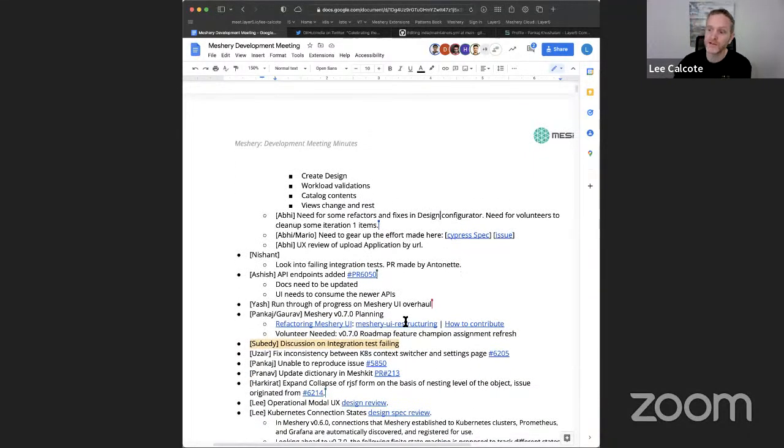Also, there's a bunch of UXers in the community. I don't know that there are any represented on the call here, but something we need to highlight and request volunteers for is that each of the Meshery UI pages could use a little bit of enhancement. What Avi was just highlighting is rather straightforward, but also examples like what I just called out on the design configurator.